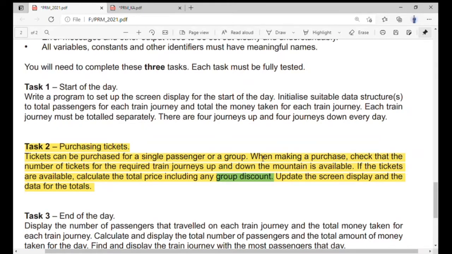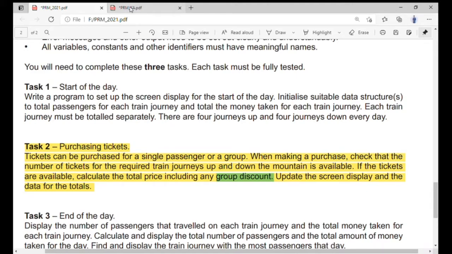In the scenario it's mentioned that if you are booking and the number of seats exceeds 10, the 10th passenger should get a free trip. For example, if the total number of persons in your group is 25, you will get 2 free tickets because it's crossing the 10th. Every 10 members will get a free ticket for the journey up and for the journey down. It means you book 25 tickets but only pay for 23 seats. So let's begin with the solution of Task 2.